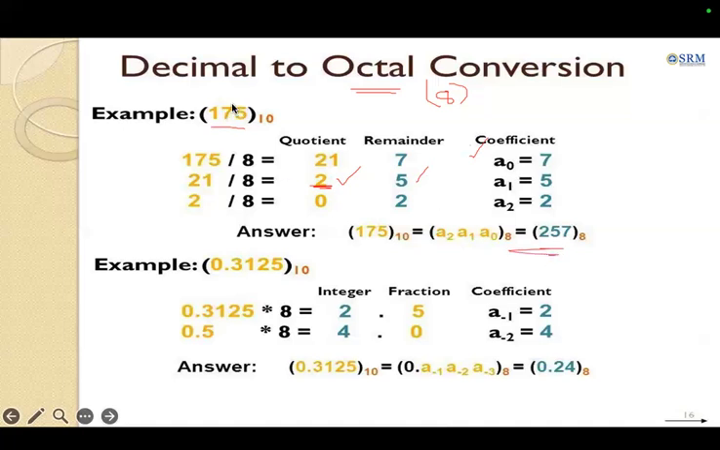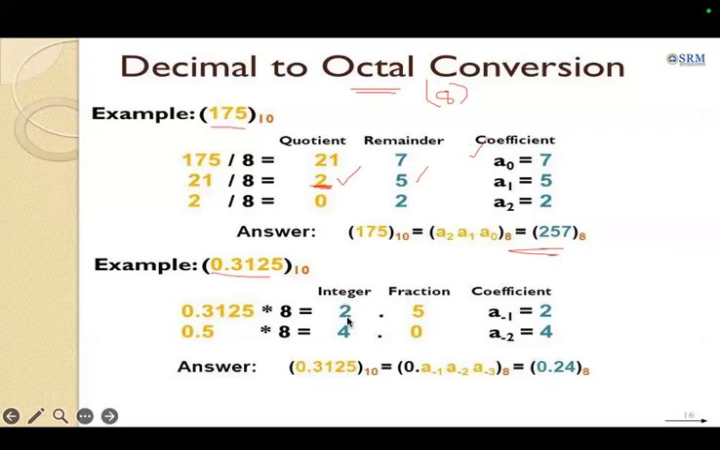As we have divided by 2 in the binary, here we have to divide by 8. The same procedure, divide by 8. That's it. The same procedure you have to follow. Similarly, for a fractional part, the same procedure as we have said. So what is the procedure? This should be multiplied by 8, and the integer